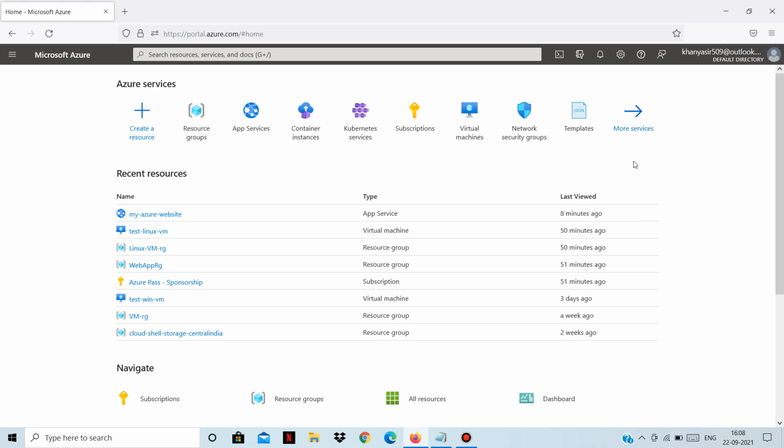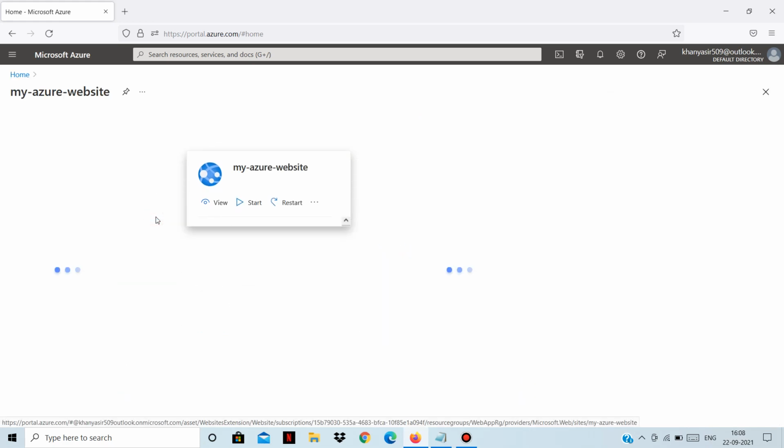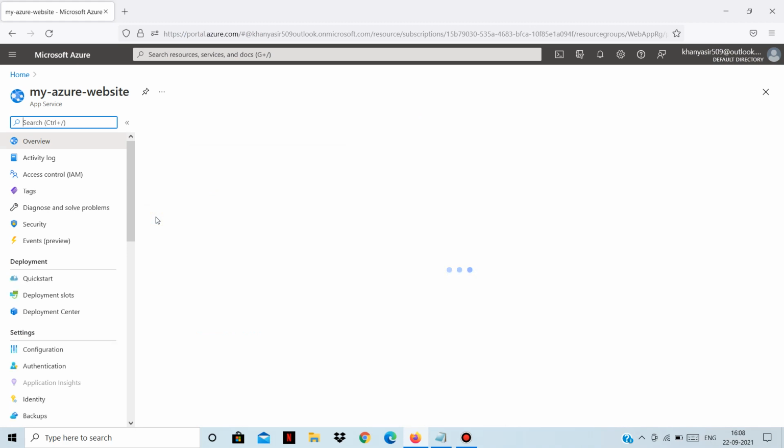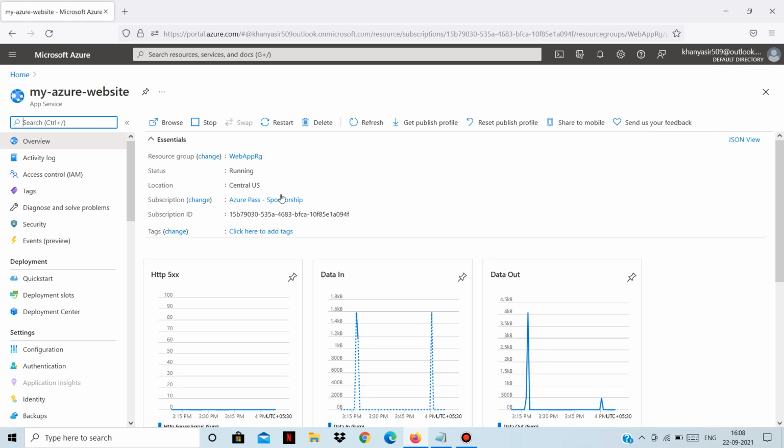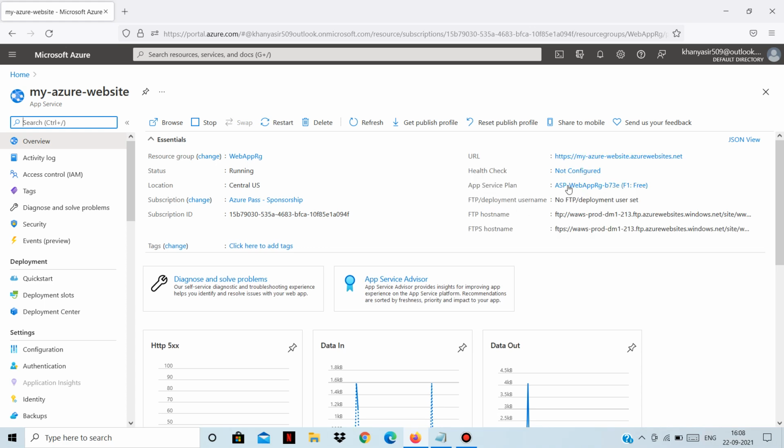In the previous video, we have seen how we can create Azure Web App Service and deploy a very basic default web application. Okay, so let's see what we have deployed already. So I'll go to my resource, which is App Service. We have already deployed this web app service in the previous video. Here is the URL of the web app service and all the different details.